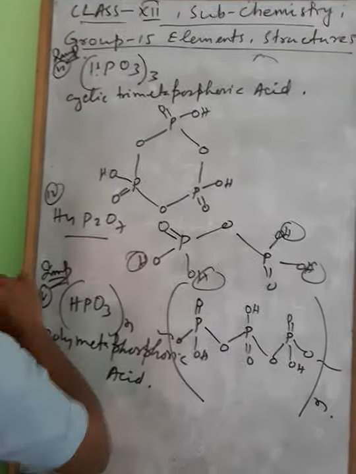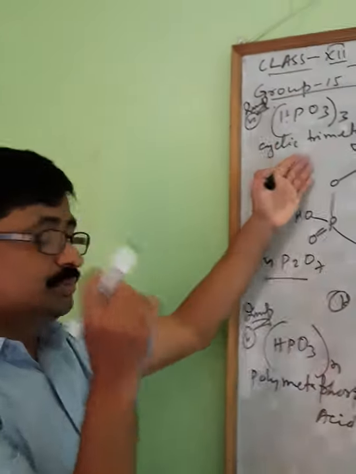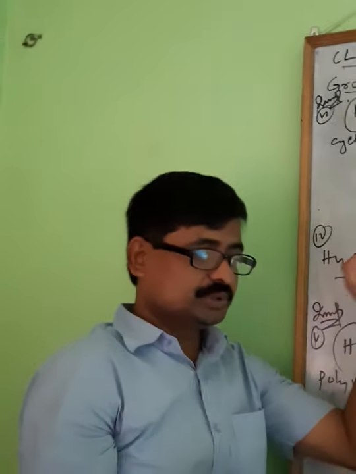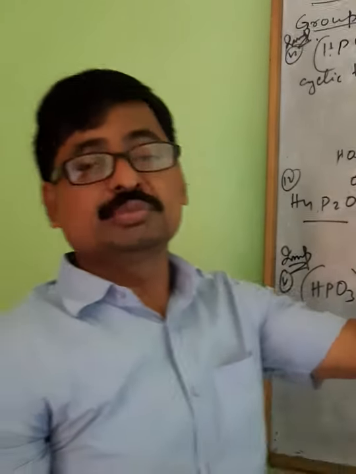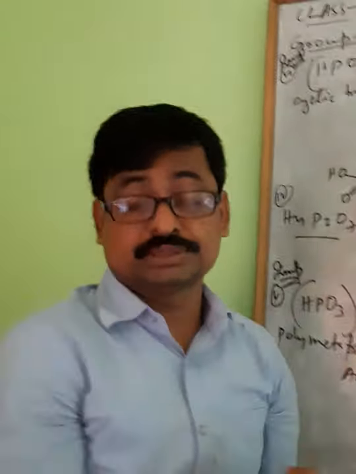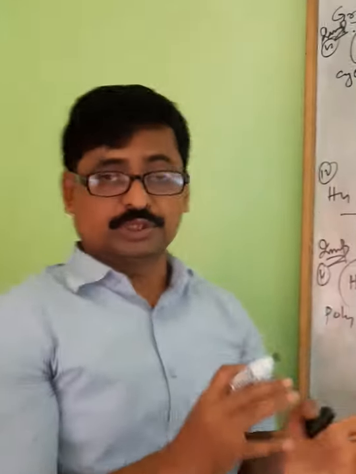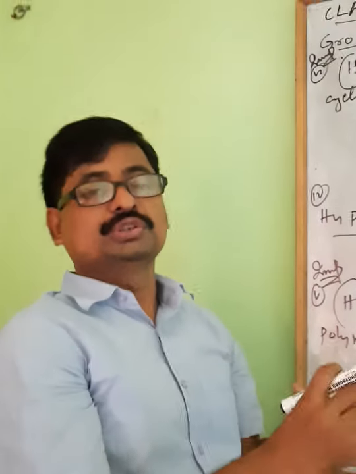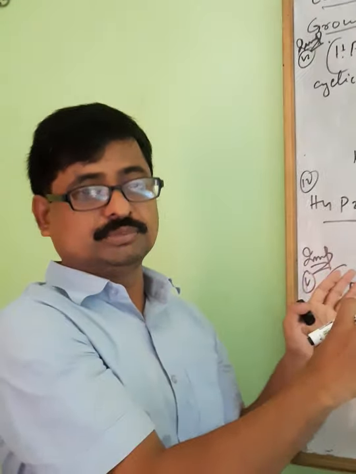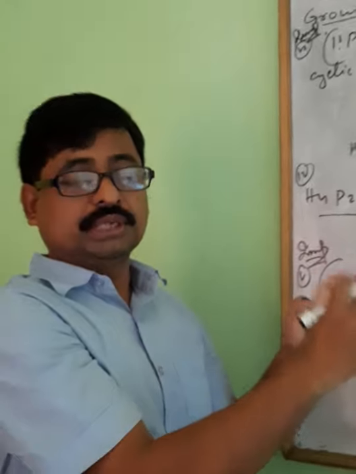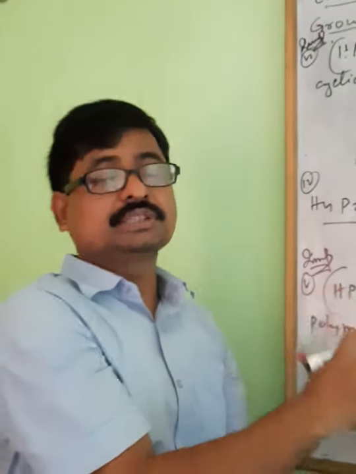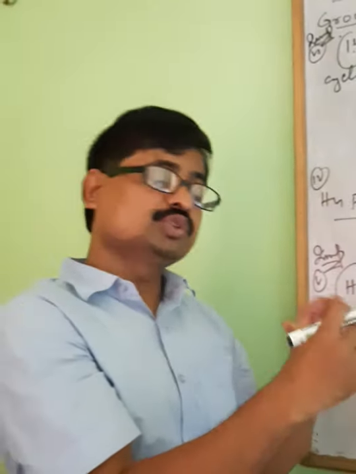Keep in mind. Okay, so you learned here how many? 6 structures in the phosphorus family, and in the nitrogen family how many? 4. 6 plus 4, 10 structures are very, very important for your CBSE board exam. Any minimum 2 structures will come in the final exam. So you have to practice this. Okay, and just keep in mind the covalency of nitrogen and phosphorus. Phosphorus covalency will be 5, but nitrogen is variable.